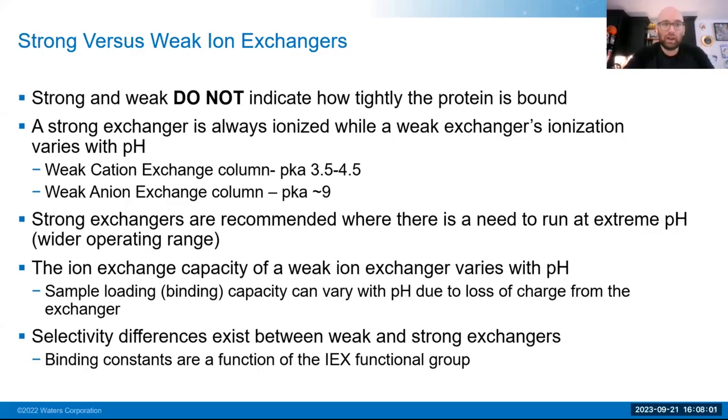So when we look at a strong ion exchanger, those are typically going to always be charged, while a weak ion exchanger, and you'll see specifically weak cation and anion exchangers, will be charged over a smaller pH range. And this is going to limit some of the method development that can be performed, but can also be a strength based off of how you develop your method. Specifically with weak ion exchangers, you can start to leverage different salt and pH gradients at the same time to allow for some very unique separations.